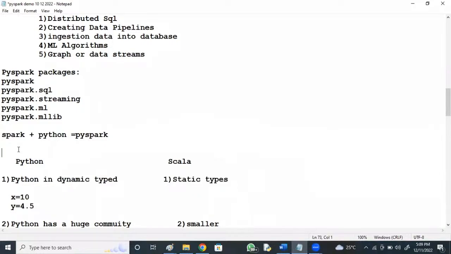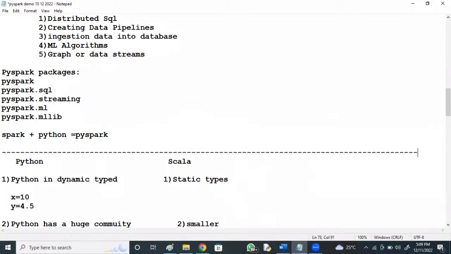What are the differences we see? Python is dynamically typed, in the sense that for the variables we create, x equal to 10, y equal to 4.5, unlike C or Java, we need not say int x, float y.